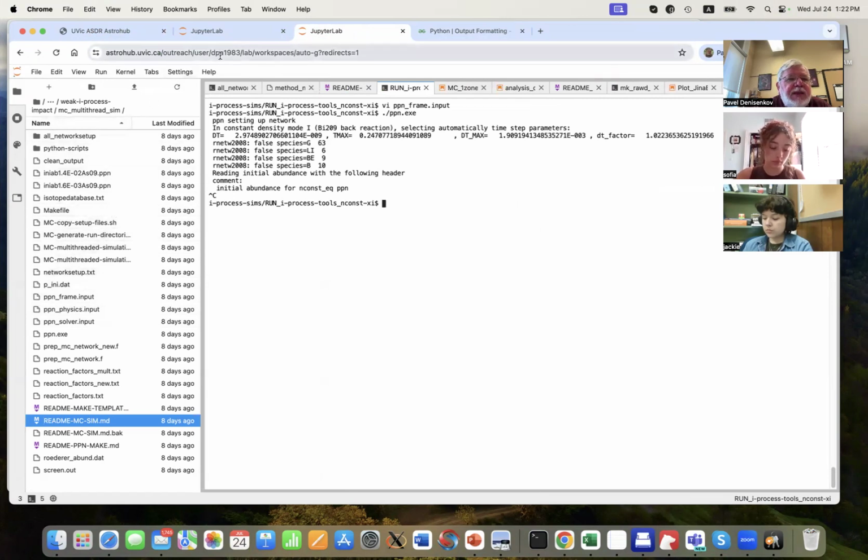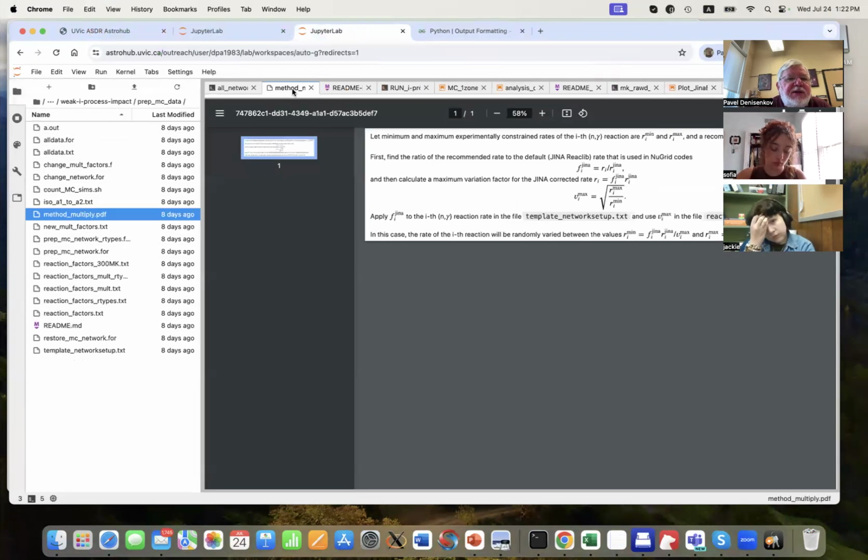This is explained in the PDF file method multiply.pdf, which can be found in the Monte Carlo directory, weak iProcess impact. This is the directory where there is the directory Monte Carlo runs, okay?